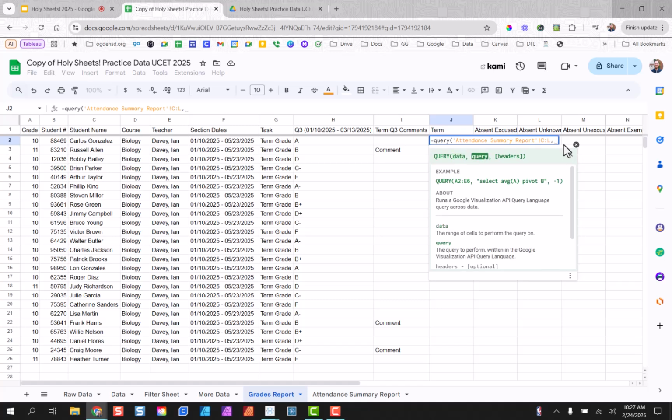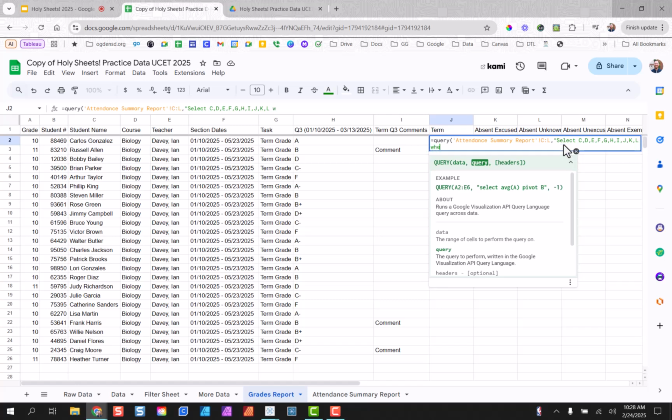And I'm going to type in a comma. And then this is the next section here where we actually put in the request that we're doing. So I'm going to go ahead and type, this all goes in quotes, select, and you're going to type out each column that we want returned. C, D, E, F, G, H, I, J, K, and L. I may need to go revise that in a second here. Basically what I want it to do is return all of those columns where